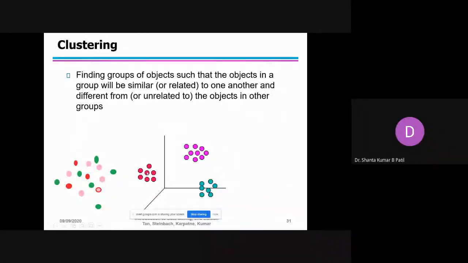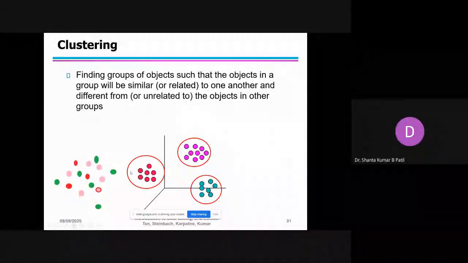Clustering, see, this is the warehouse. In the warehouse, all patterns are there. If you are using clustering, what will happen? They can be segregated. So this is one pattern, and this pattern is a red color. With the help of the clustering tool, the clustering task, you can segregate it.